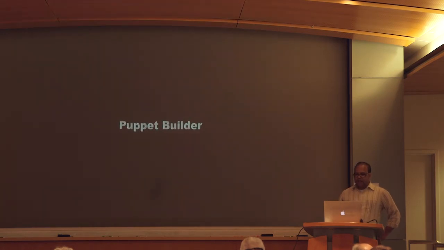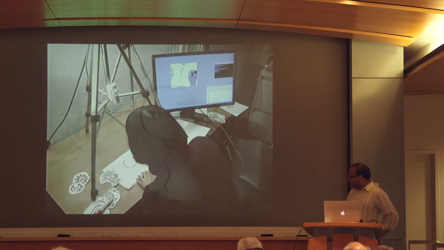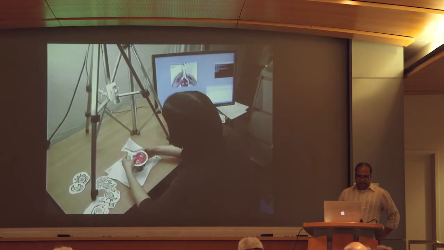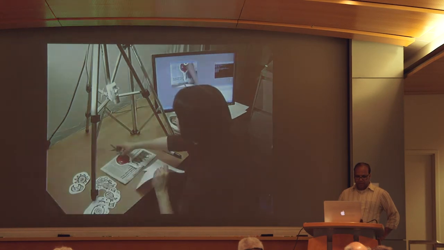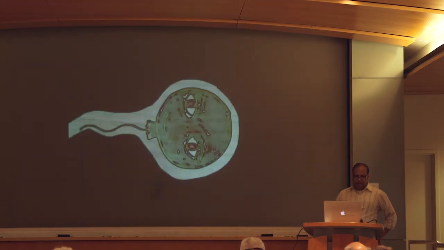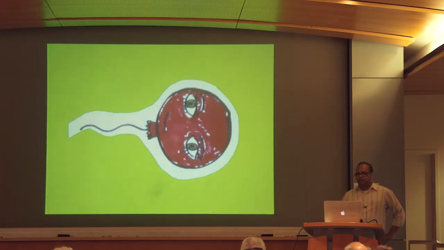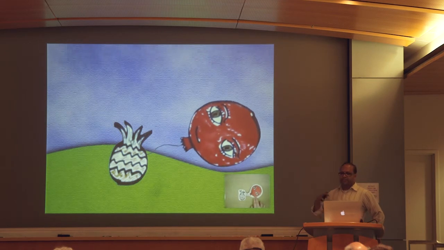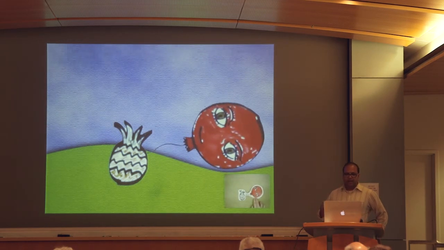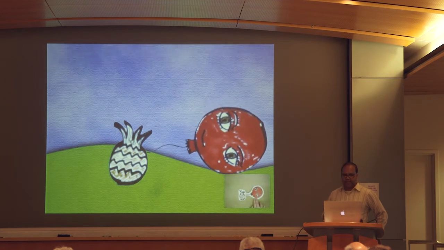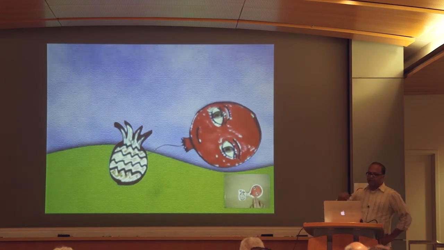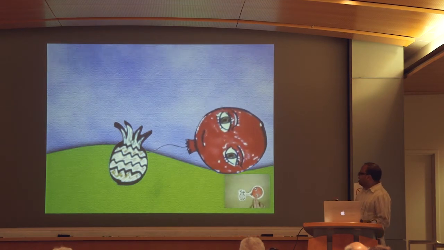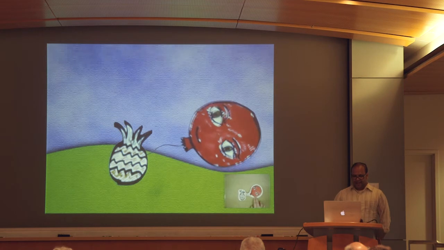Users draw the characters on paper. They then cut them out and show them to an overhead camera. And our system mats out the characters. Then, as the user moves the physical paper puppet, our system tracks the character in real time, and it re-renders the matted version onto a new background with the hands removed. So that's all there really is to it.